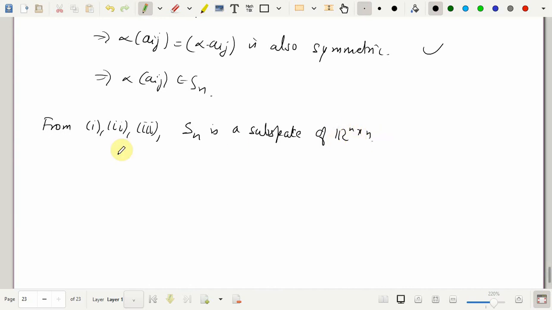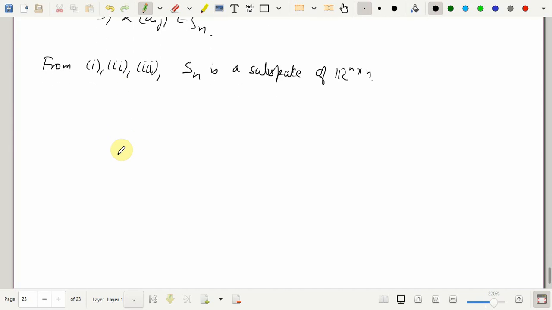Similarly, if I collect the set of all skew symmetric matrices, then also it is a subspace, because again we know that the sum of two skew symmetric matrices is skew symmetric. Then given a skew symmetric matrix, its scalar multiple is also a skew symmetric matrix, and also the zero matrix is a skew symmetric matrix. So therefore I can say that even if I collect the square matrices which are skew symmetric, that also forms a subspace of Rn cross n.